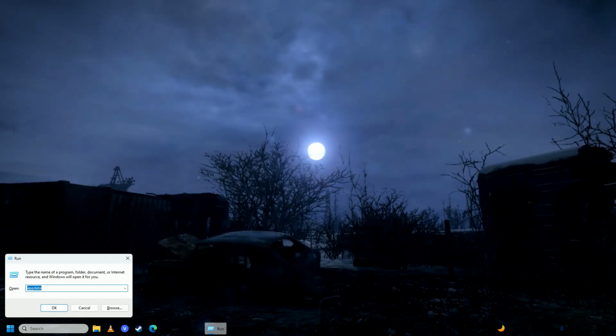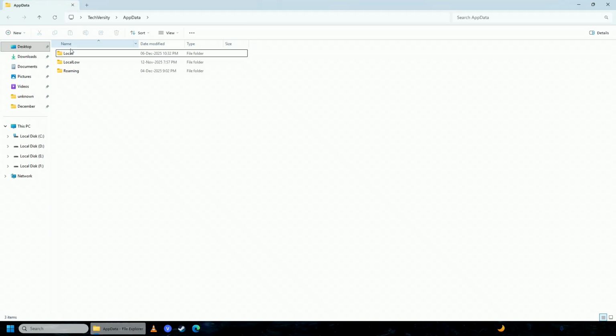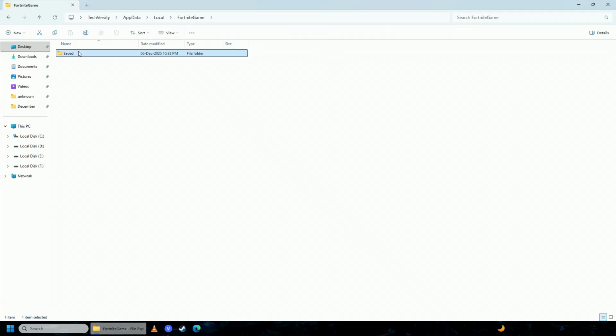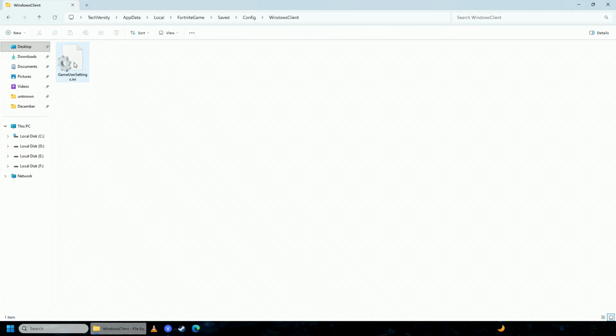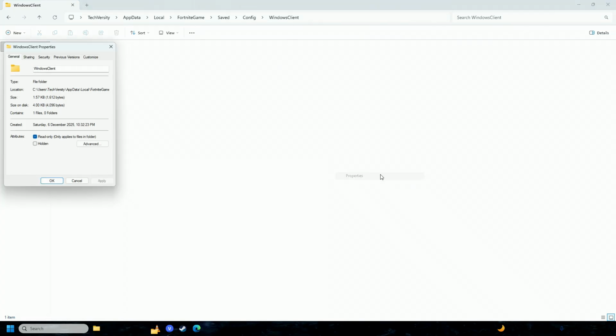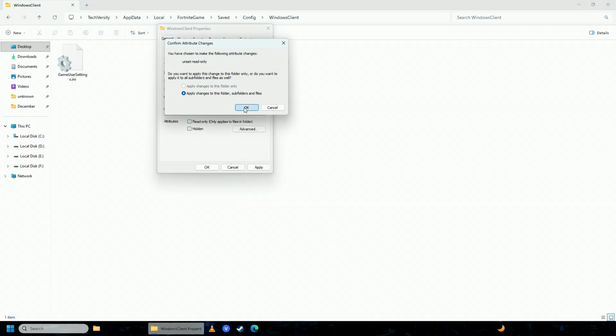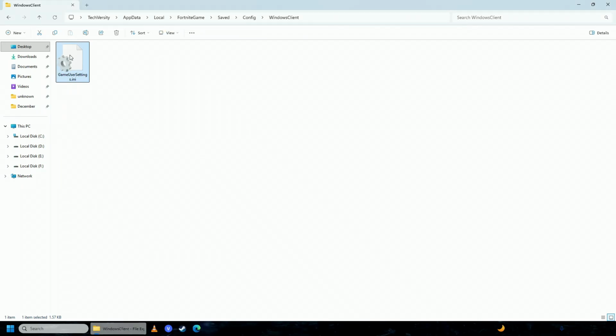So first off, you're going to open up your start menu and write here "run". You're going to go into AppData and then into Local, and search for the folder called FortniteGame. Here you're going to go into Saved, Config, WindowsClient, and right click on this folder, uncheck read only, click Apply, click OK here, click OK again, and open GameUserSettings.ini